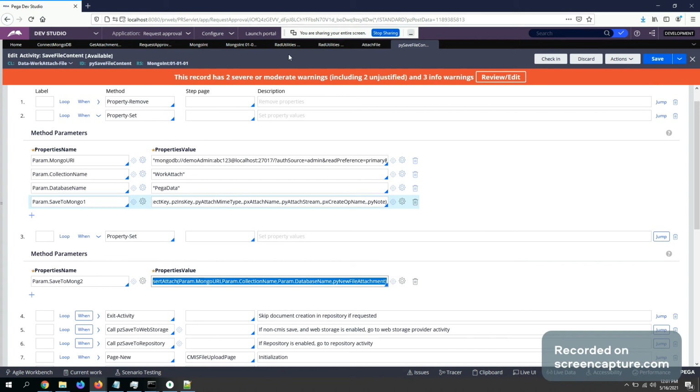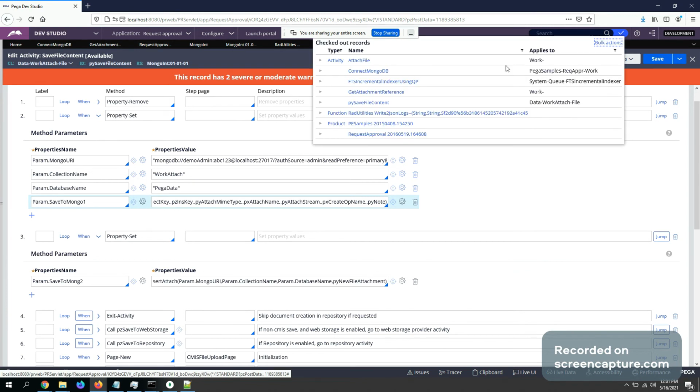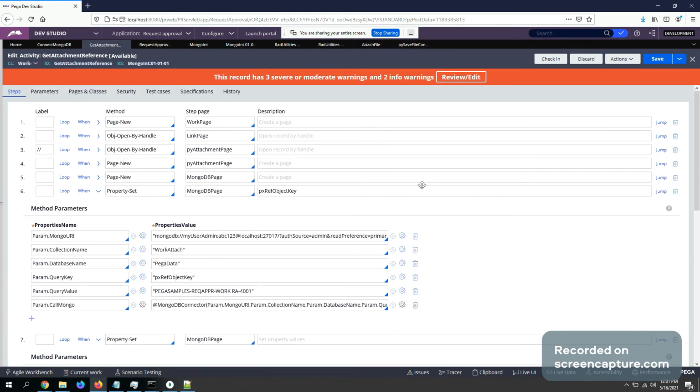And for reading also, similarly, I found the base activity that is being called, and I have again added a step to demo admin. This is the user that we created. Also I'm just passing the query value, which is the object, the case ID. I'm passing it manually. Using that value, the record will be retrieved, which I'll update based on the case that I'm going to create.